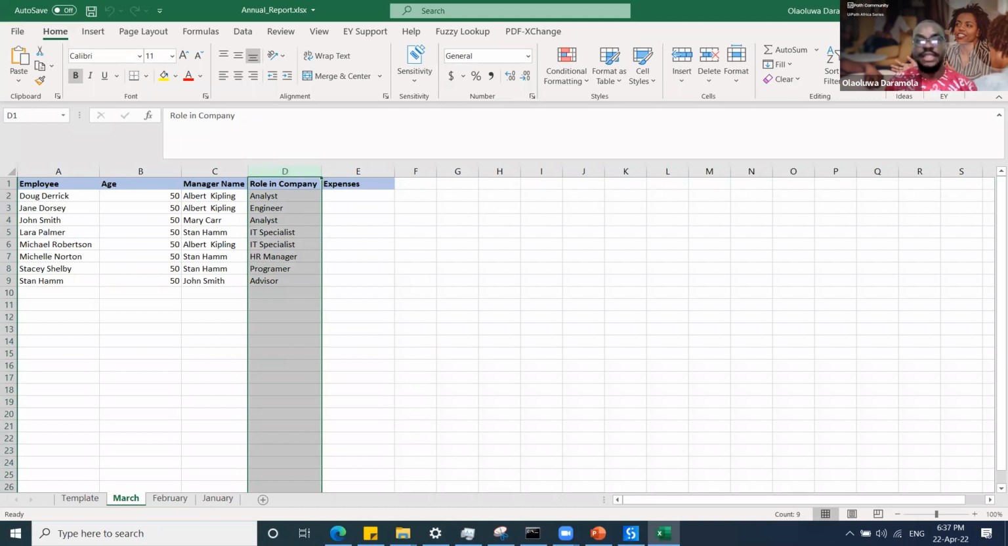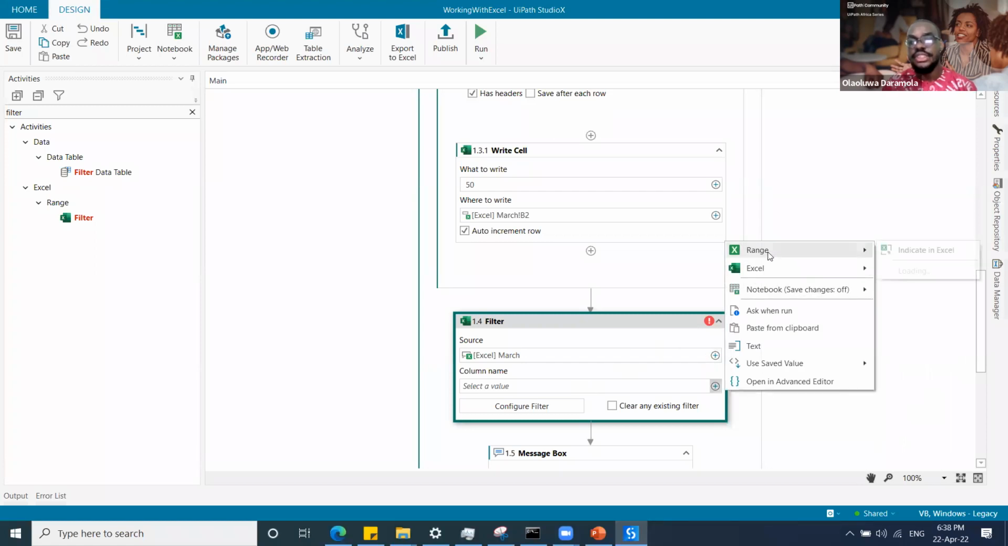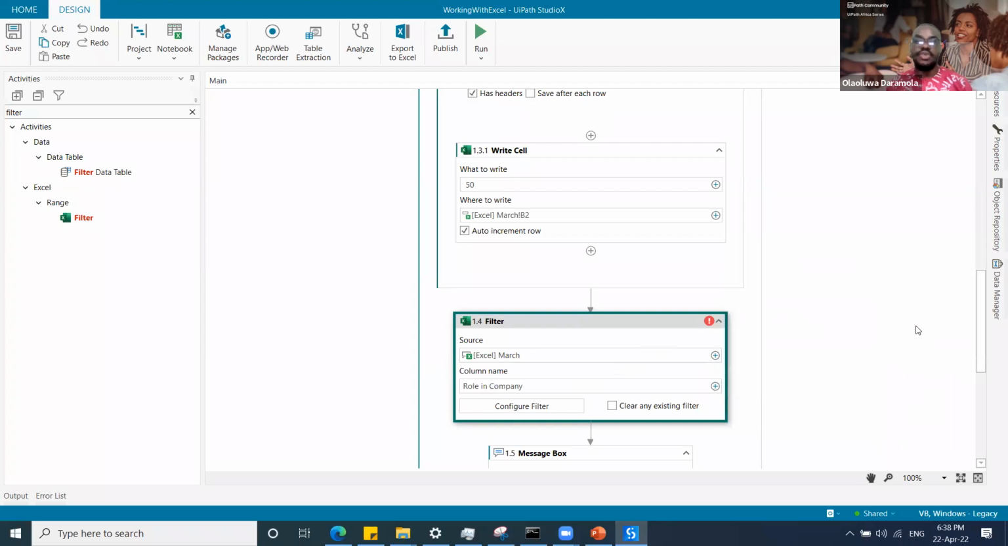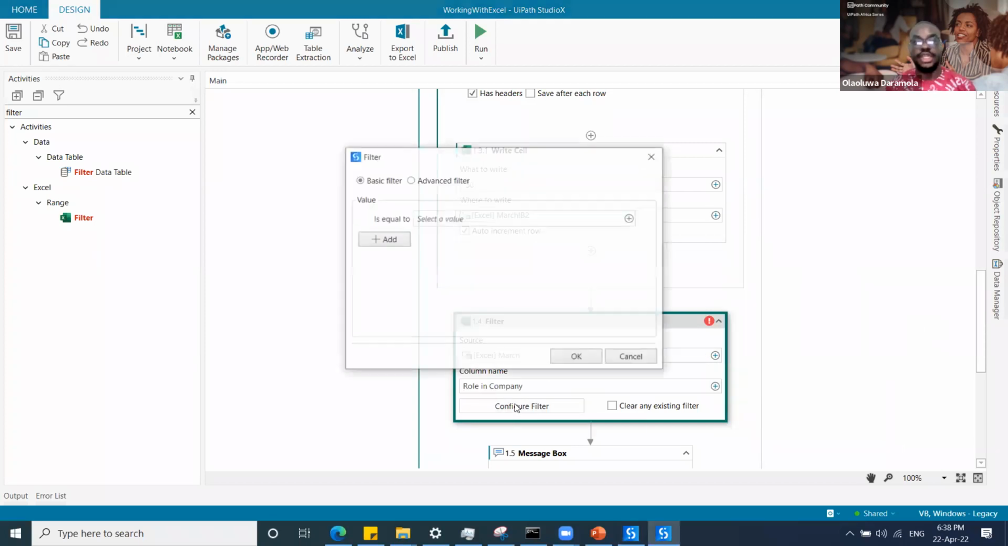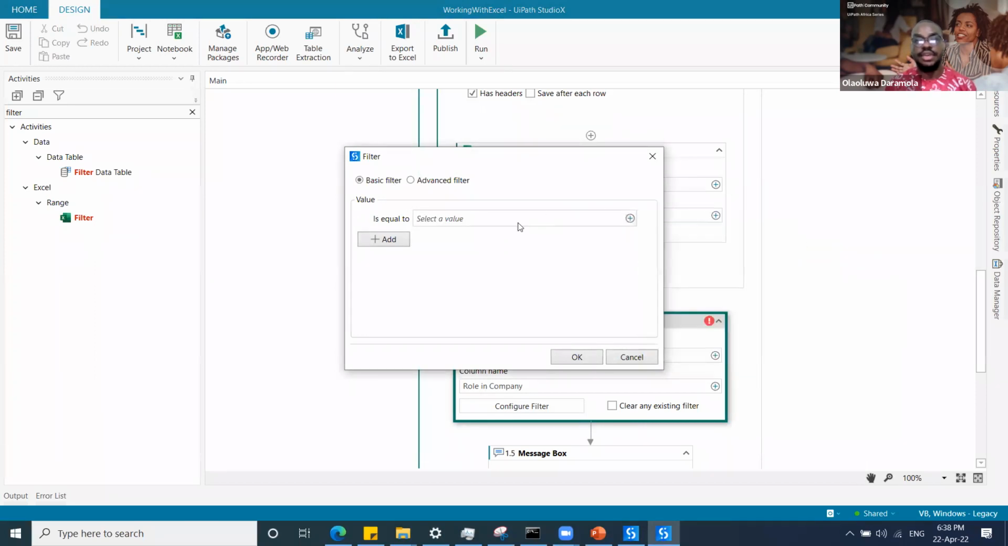After dragging in your filter, you click Excel for the source where we want to work with. We say merge, and then UiPath allows you to say which column you want to work with. And then I would say role in company, which I have shown you on your Excel. Just like that, UiPath gives us a filter wizard that we can use to configure our filters. So we would have a basic filter that says role in company